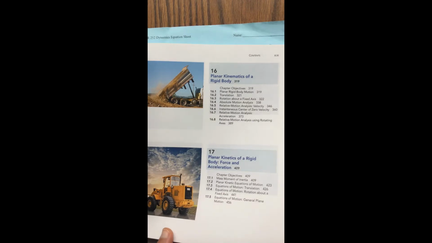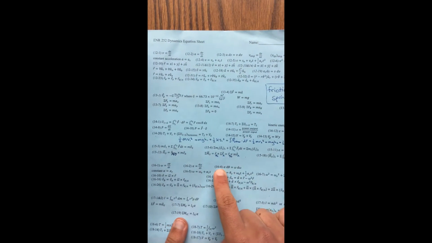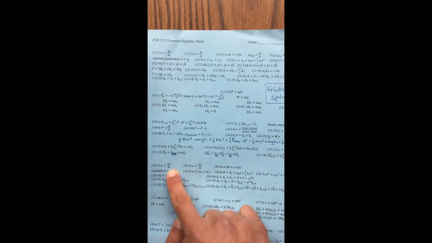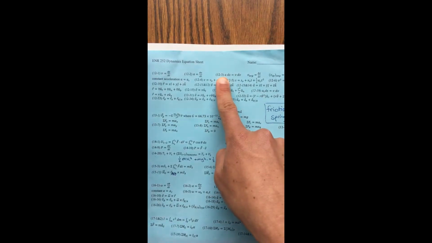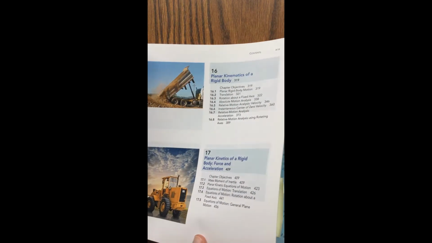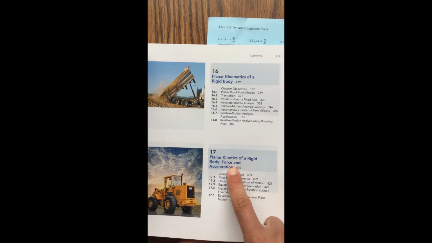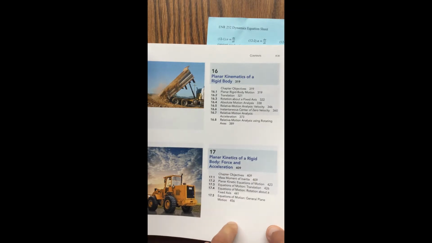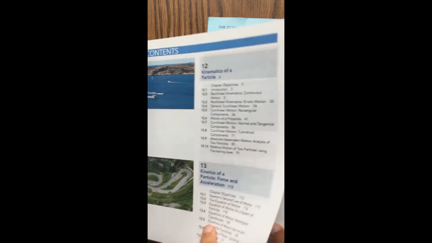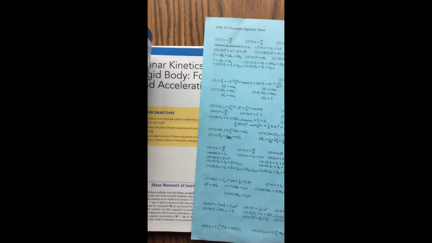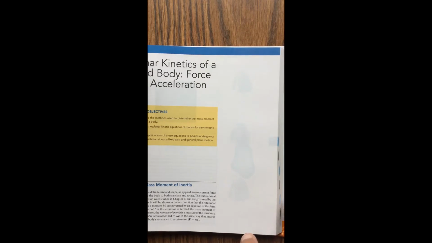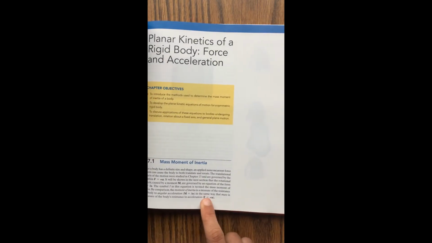And we saw that the equations that we had for kinematics with the angular position, angular velocity, and angular acceleration were pretty much the same as what we had in chapter 12 for position, velocity, and acceleration. Now, in chapter 17, we're going to be looking at kinetics for a rigid body. Back in chapter 13, we were using Newton's second law. In addition to Newton's second law, in chapter 17, we're also going to be using an equation which looks similar